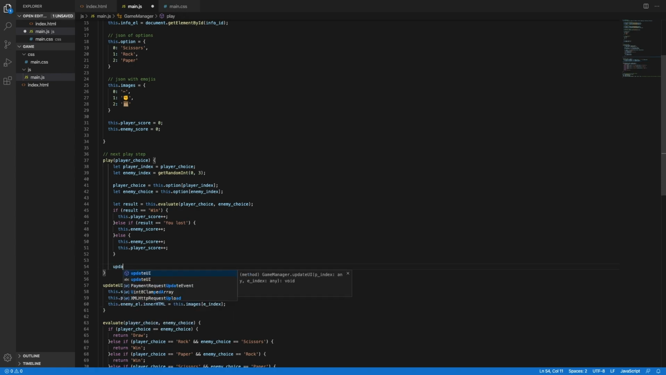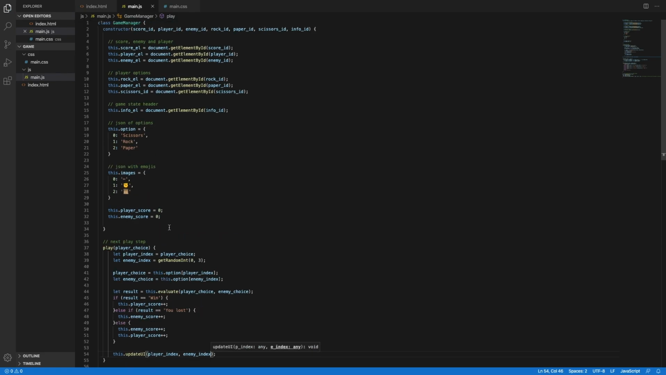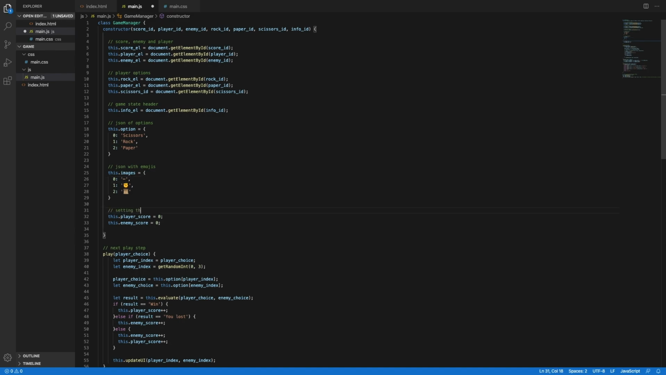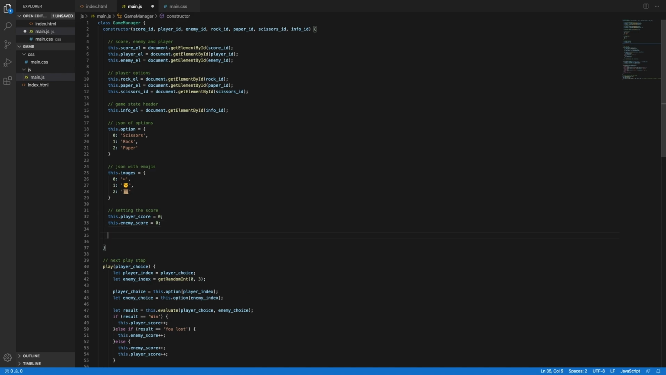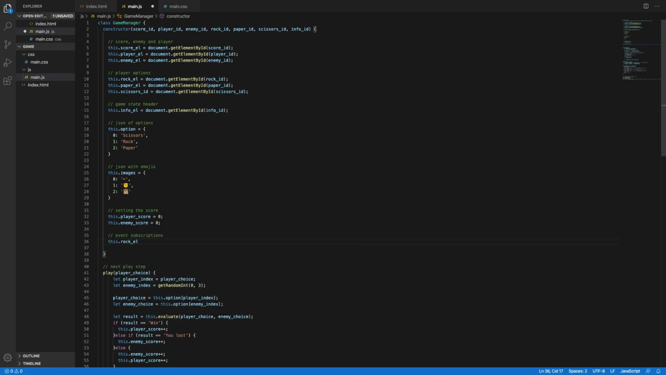And now we can call the function in the play method, and we need to pass the player index and the enemy index. Now we haven't subscribed the events yet. So what we basically need to do is set up the onClick event, which we can do by, let's say, commenting this as setting the scores. Remember, always comment your code because that's useful. And event subscriptions. We're going to type this rock element onClick,